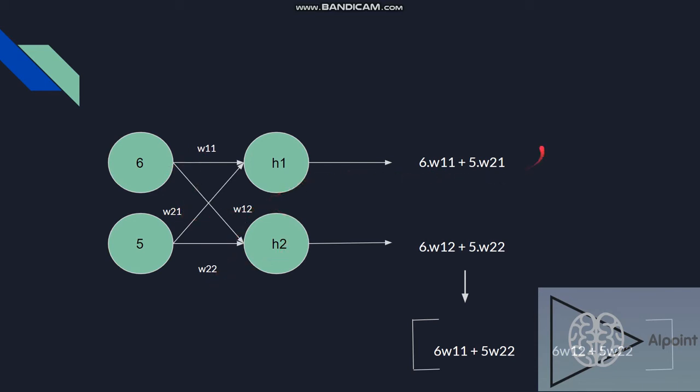So the sum of the weights and biases would be the H1. 6 into W11 and 5 into W21 will represent H1, and 6 into W12 and 5 into W22 will represent H2. So here is the matrix representation of the hidden layer.